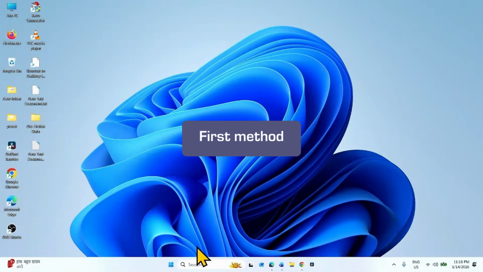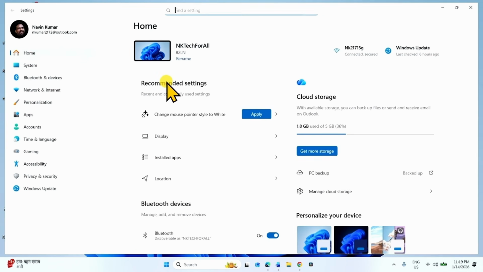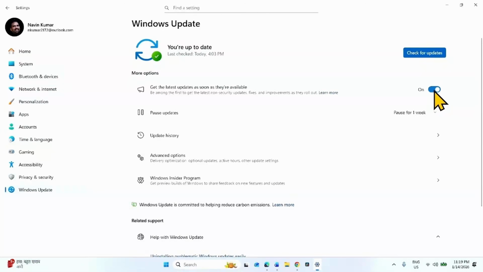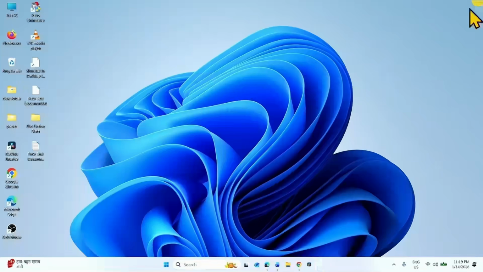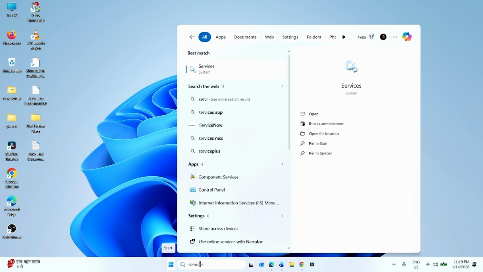Follow the first method. Click on Start, go to Settings, click on Windows Update and turn off this setting: Get the latest updates as soon as they are available. Turn off this setting, close the settings window and open the services window. For this, click on Search, type Services, click on Services,